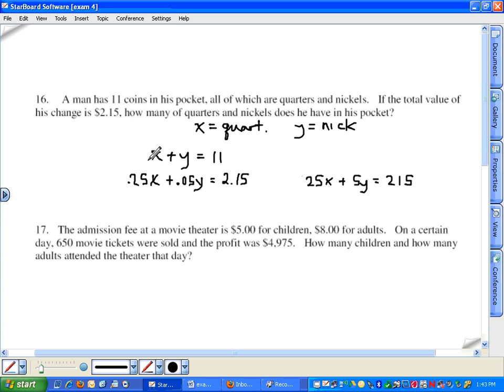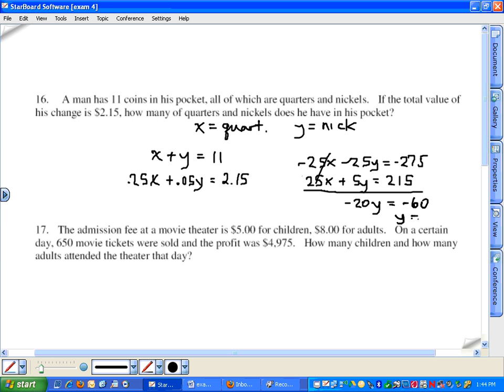Now if I multiply the top equation by negative 25 to try to cancel the x variable, this is going to be negative 25x minus 25y is equal to negative 275. Doing the elimination method produces negative 20y is equal to negative 60,